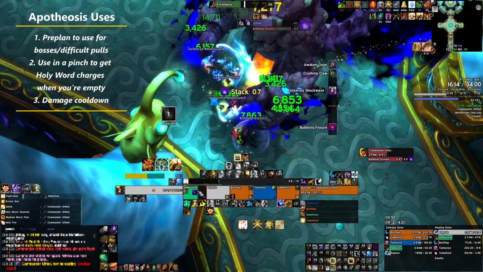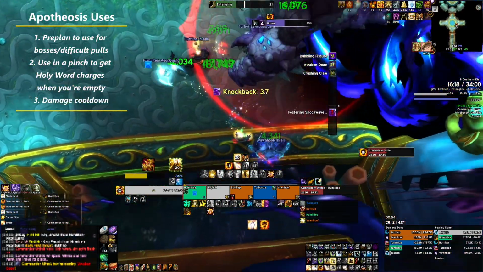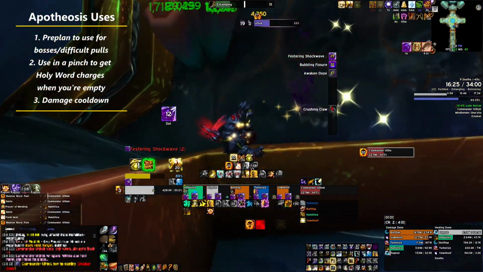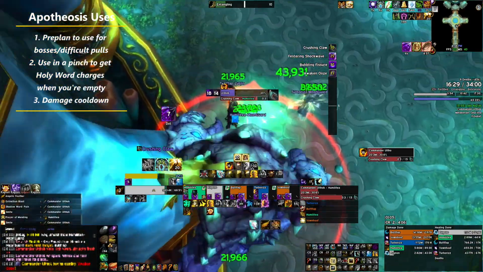Use it in a pinch to immediately reset a charge of each of your holy words, then use the Apotheosis window to spam casts so that you end the Apotheosis window with as many holy words available as possible. Use Apotheosis as a damage cooldown if you don't feel like you need it for healing within the next 2